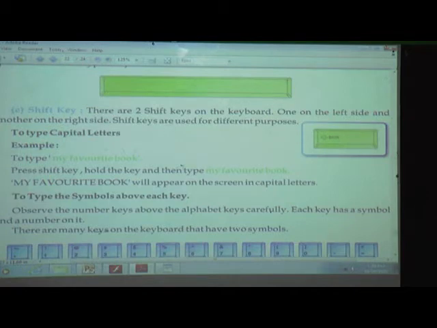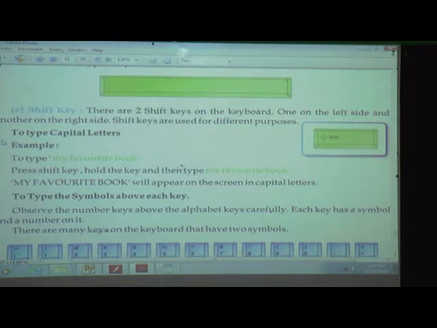Two shift keys are there on the keyboard, one on the left side and another on the right side. Shift keys are used for different purposes.